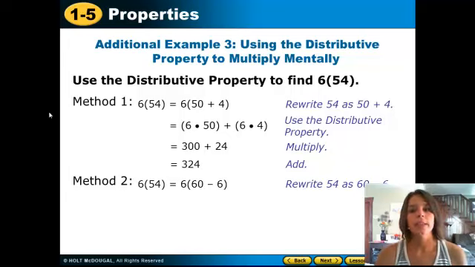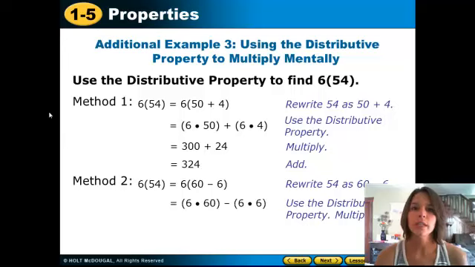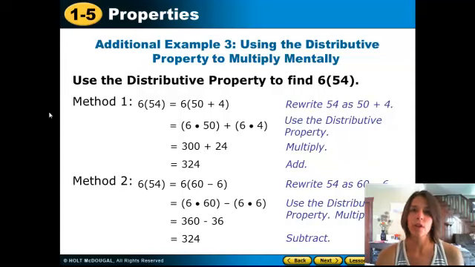Some of us will think the subtraction side of things. So then I'm going to take 54 and go up to 60. And 60 minus 6 is 54. Use the distributive property to break that apart: 6 times 60 and 6 times 6. So 6 times 6 is 36. Add the 0 onto it. And then I'm going to subtract 36 off. I end up at the same answer of 324, just a different way of thinking. Either method is